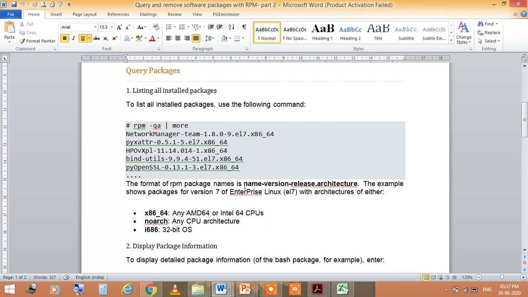The format of an RPM package name is name-version-release-architecture. The example shows packages for version 7 of Enterprise Linux, EL7, with architectures of x86_64, meaning AMD64 or Intel 64 CPUs. So these are the operating systems on which this architecture is supported.